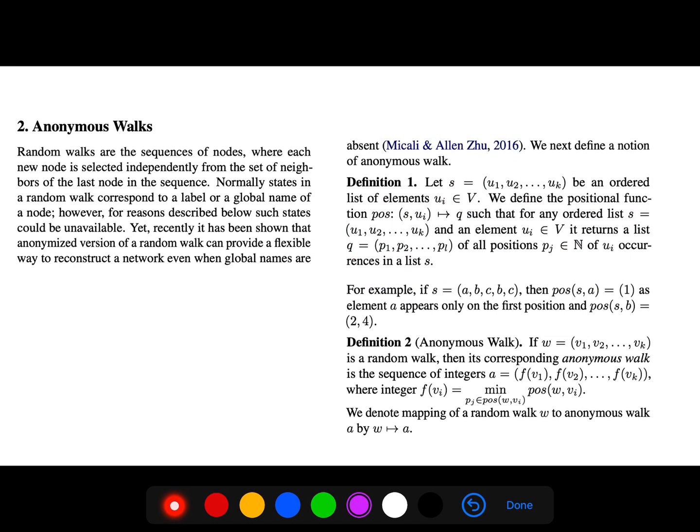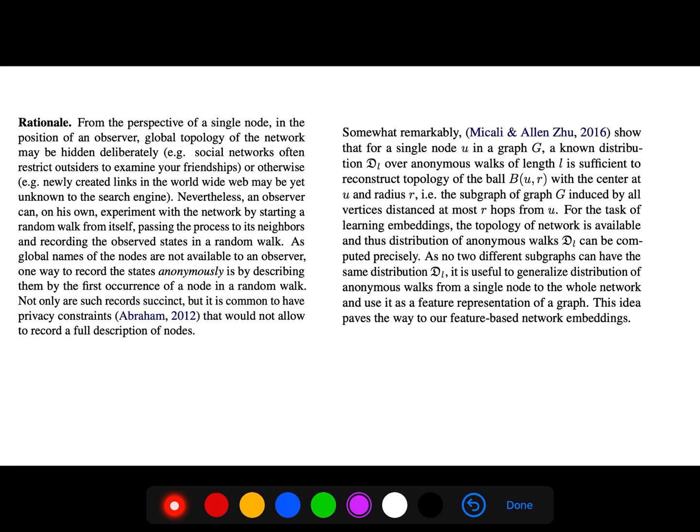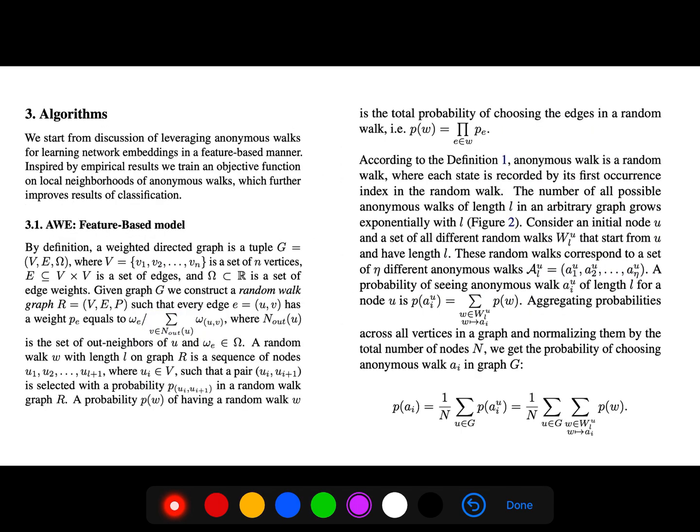So this is how we create this. This is the minimum of positions. This is the positional function, the minimum of positions of each token from V sub i, from each node. And that is very important for structural representation. And you see a huge number of articles are working on this kind of representation, just for representation of structure. Both local structure, semi-global and global structure.